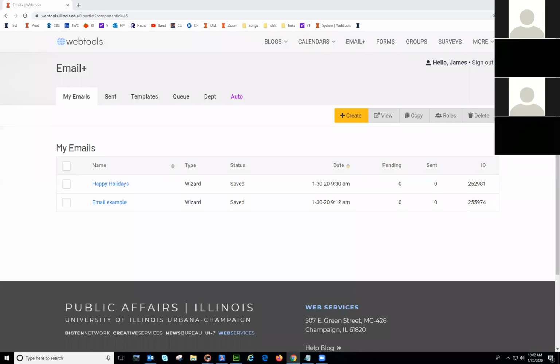Okay, let's get started. Email Plus. First, I will cover the tabs going across the top just quickly. My emails, these are the emails that are in draft mode that you're working on that have not yet been